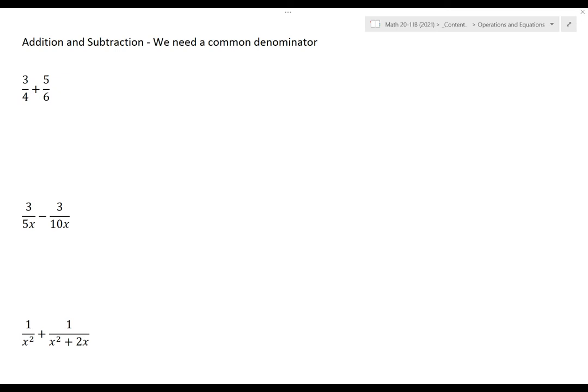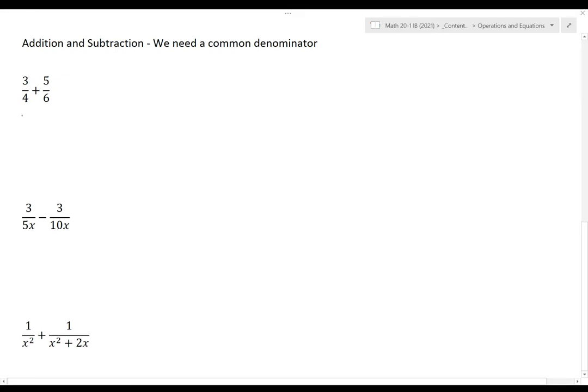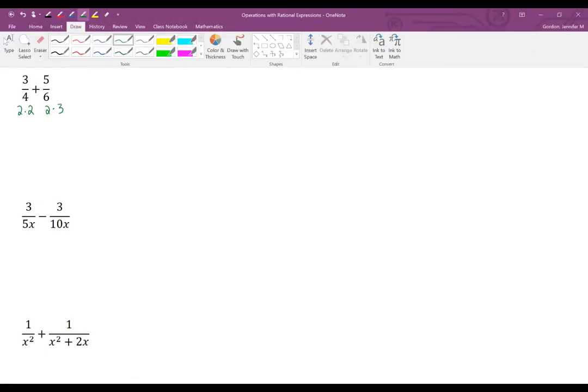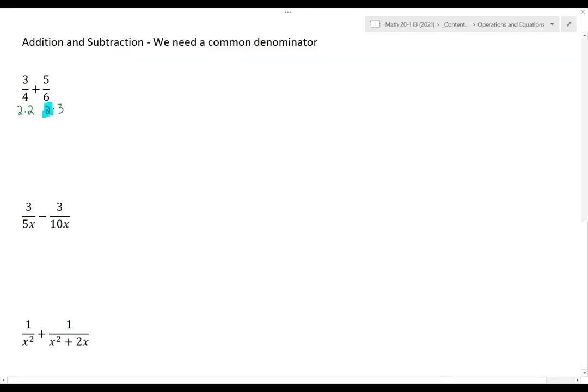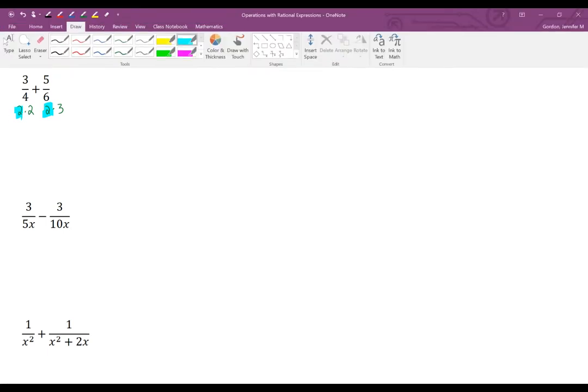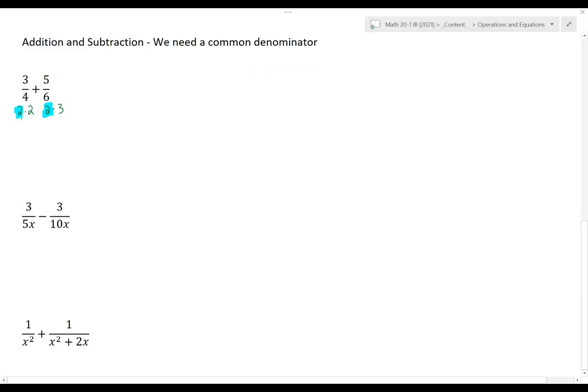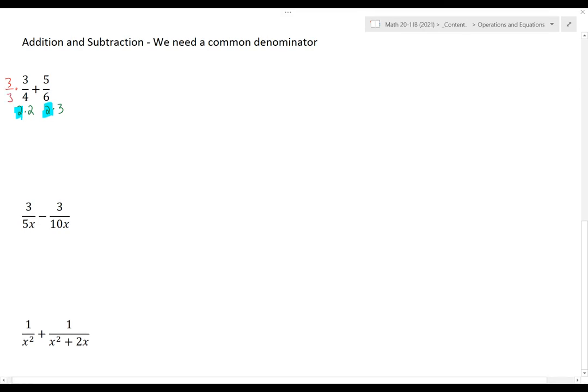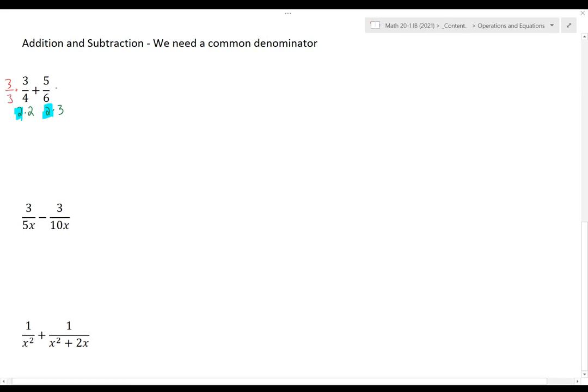the factors. So in this example, 4 is 2 times 2, and 6 is 2 times 3. They already share a common factor of 2. So that part of the denominator is always already the same. I only have to multiply to get the factor that's missing. So in the case of the first fraction, I'm missing a factor of 3, so I'm going to multiply that fraction times 3 over 3. And in the second fraction, I'm missing a second 2, so I'm going to multiply that fraction by 2 over